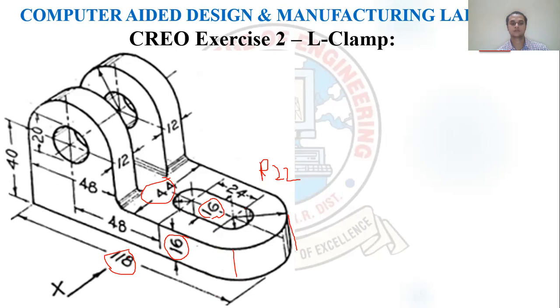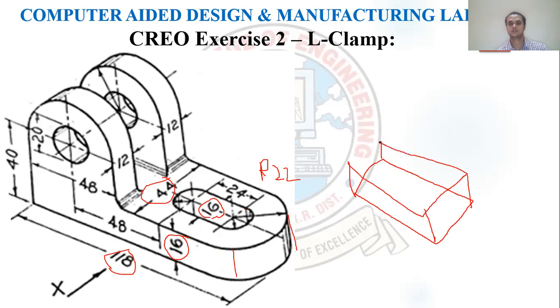So you have to draw with the 118, 44 and 16, and you have to do all the other things. I'll explain here. So you will be drawing the 118, then 44, again 118, 44. Then you will have to give the height of 16. So this is the bottom portion you will be generating, and here you will be using the round command.